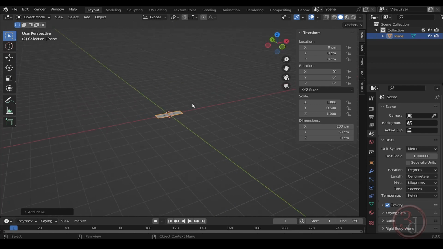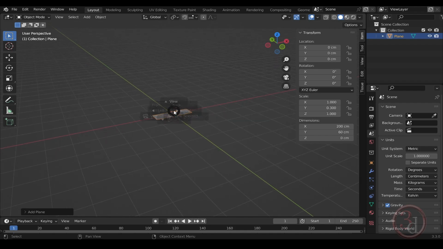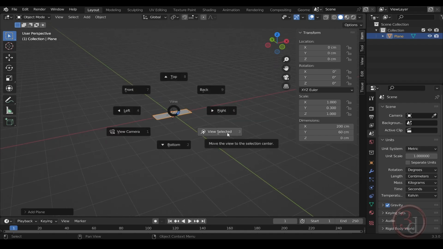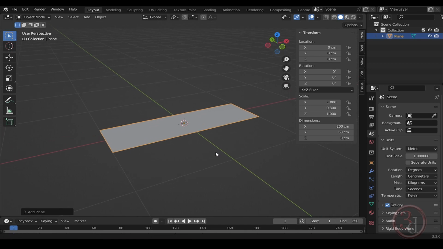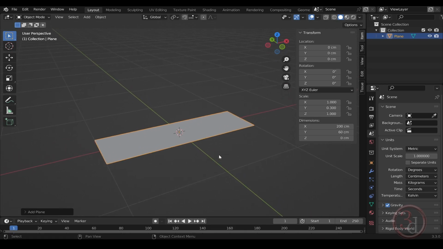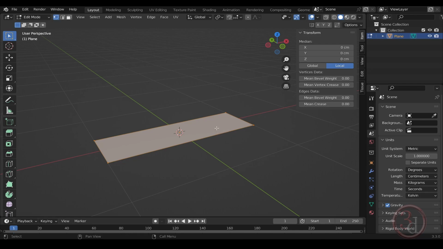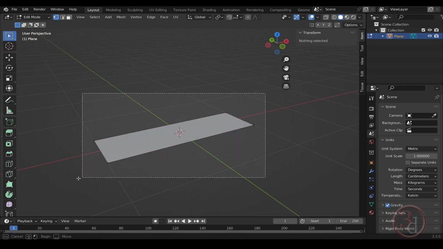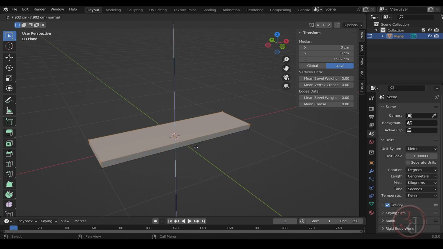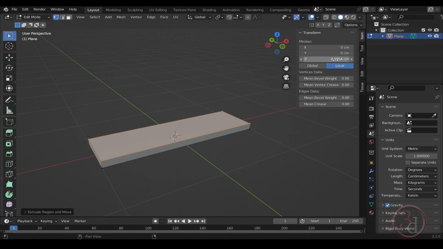Okay, and if I press the tilde key and select view selected, it will take me closer to the selected object, just like we press the Z key in 3ds Max. Alright, so I'll press the tab key to edit it, and the face is already selected. If not, you can just select it, press E to extrude,